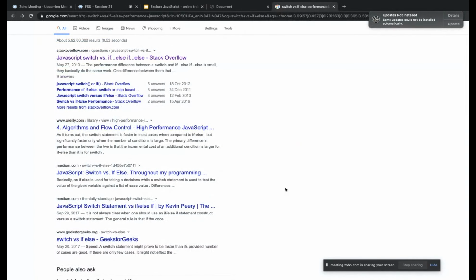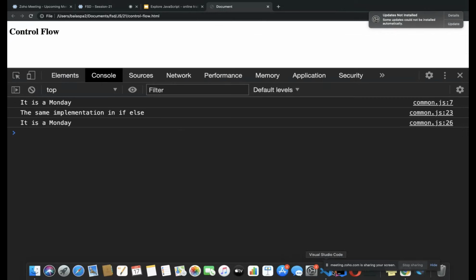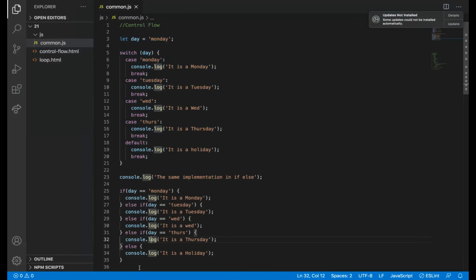High performance: as it turns out, the switch statement is faster in most cases when compared to if else, but significantly faster only when the number of conditions is large. So when the number of conditions is large, JavaScript executes the switch statement faster than the if else statement. Performance wise, only when there are too many conditions does it make a difference.